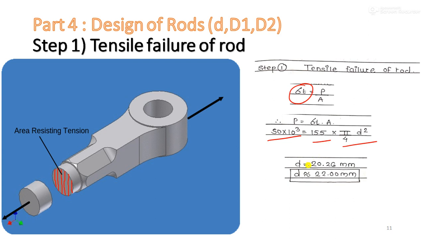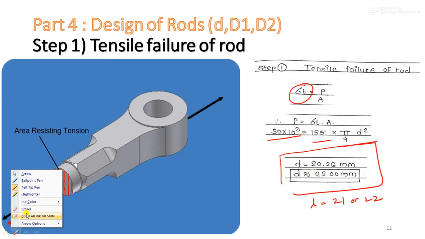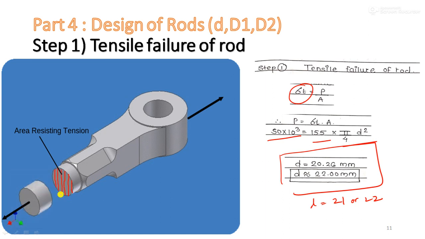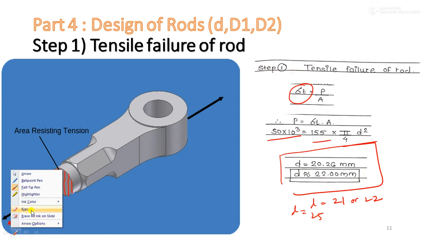Now from this we are getting diameter is equal to 20.26. So either you can go for d is equal to 21 or 22. I am just making it 22 because we are normally rounding it off. Okay, so just round it up and take the higher one, because it is always good to take a higher value. Instead of taking 20, take 21 or 22. Okay, in some books some prefer to take directly d is equal to 25 also, but no need to increase the diameter in such a range.